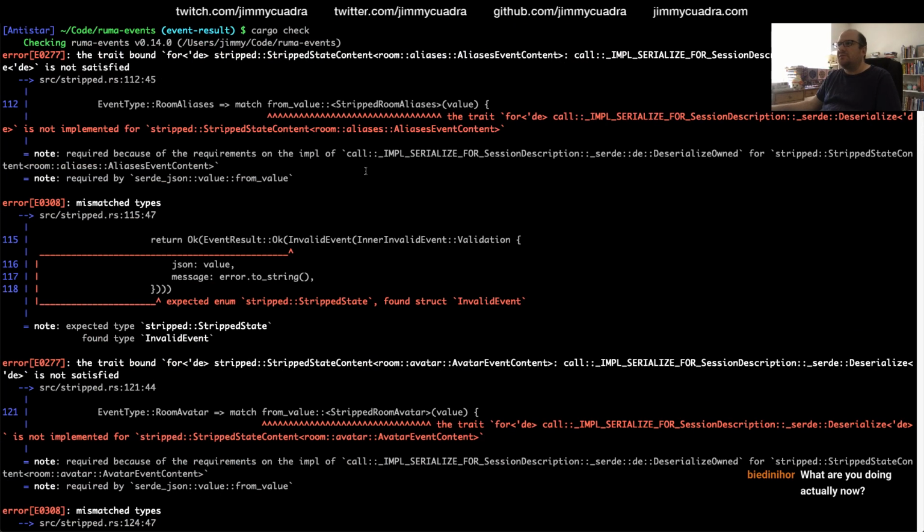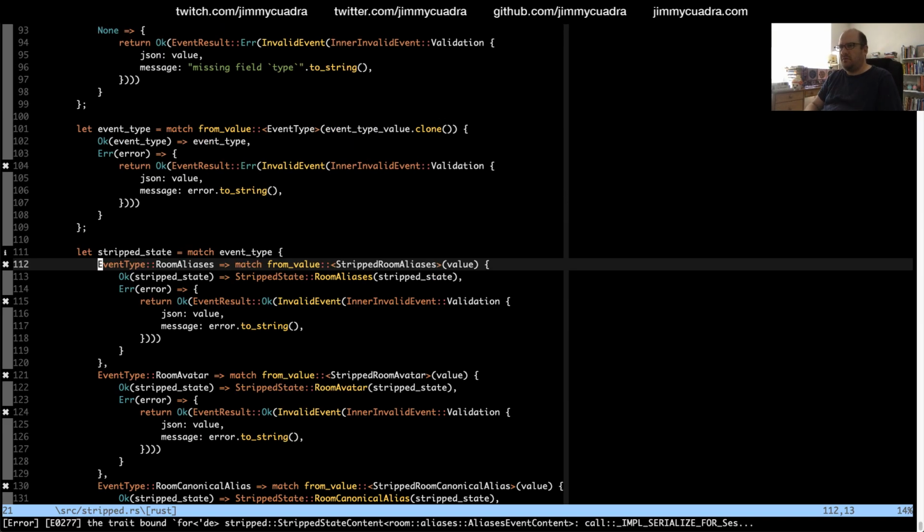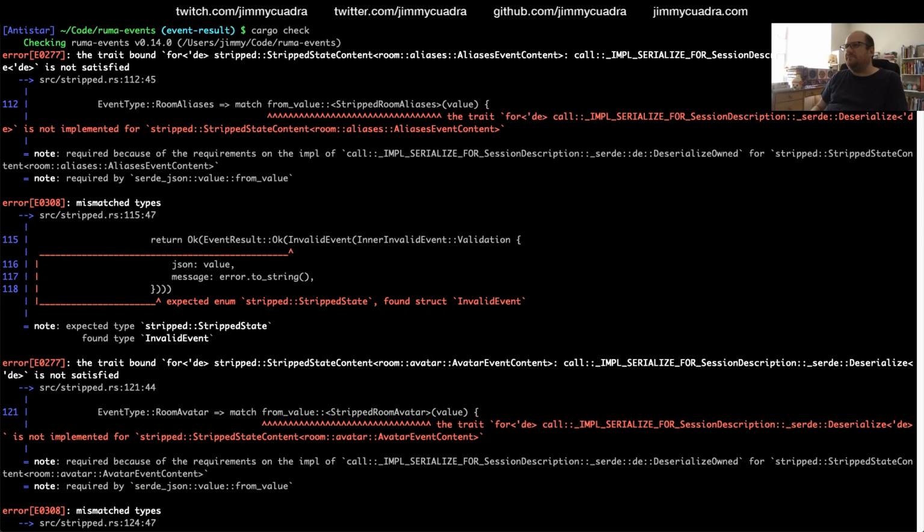Still some sort of nonsense going on here. Really? 112? Oh, it doesn't like these. What's the problem with this? Stripped state content aliases event content: deserialize is not satisfied.